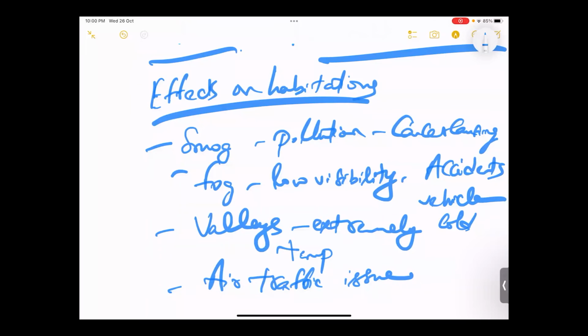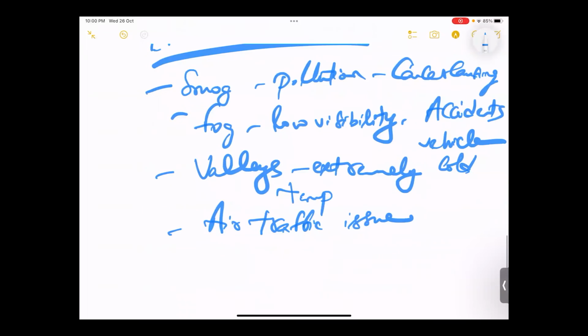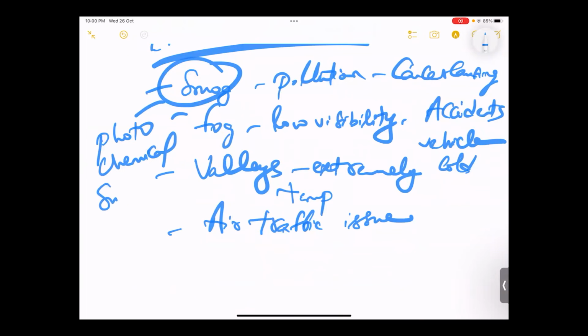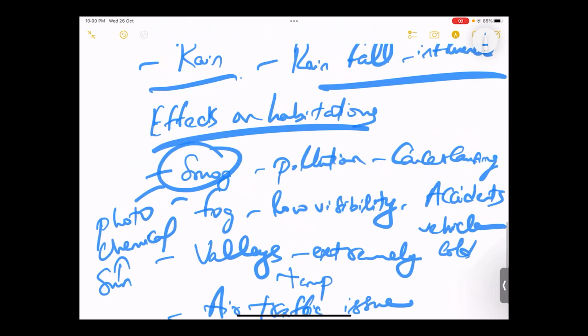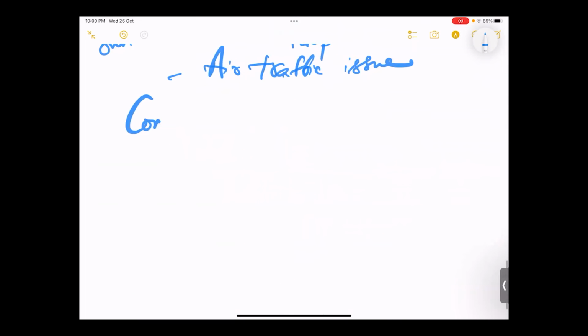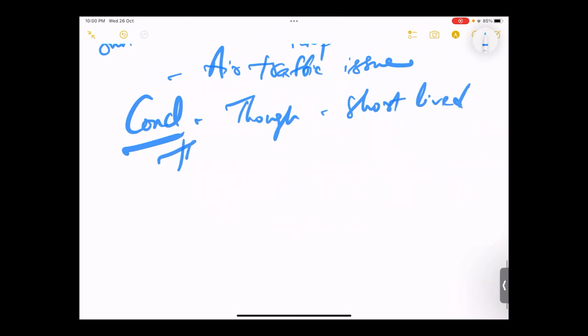And then this smog sometimes becomes photochemical smog because of the influence of sunlight on the smog. So all these are the issues, and then conclude by saying, though this phenomenon is short-lived in the local weather conditions,